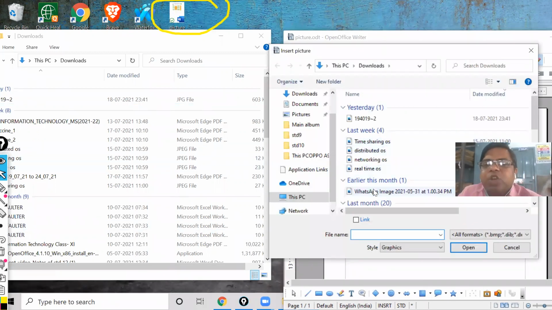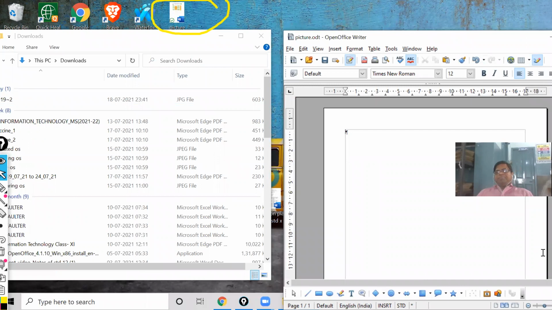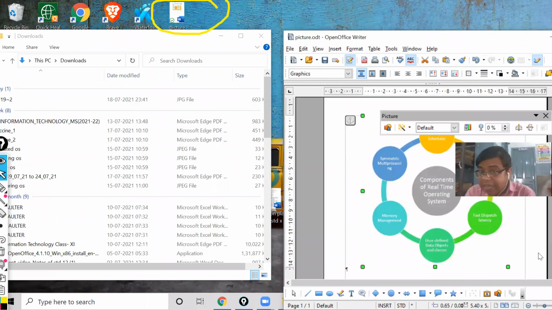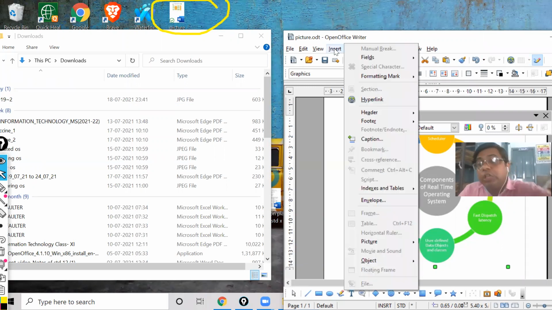Now I have to search the location, suppose real-time operating system. Select it and click on open. The picture has come. So this is the second process, but you can do this by going to which menu? Insert menu, which option? Picture, which sub option? From file.